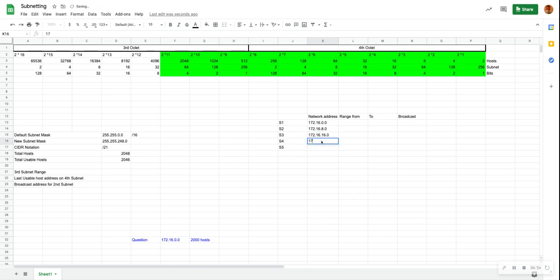and then 172.16.24.0, 172.16.32.0. When you've got fully involved in this sort of subnetting, you become very good at adding multiples together. Again, my strategy might be different to yours, but I like to put the network address and broadcast address in first into my table. So the last address on this first network would be 172.16.7.255, and then the next one would be